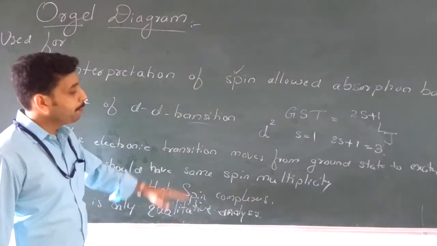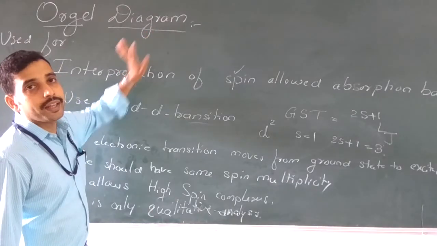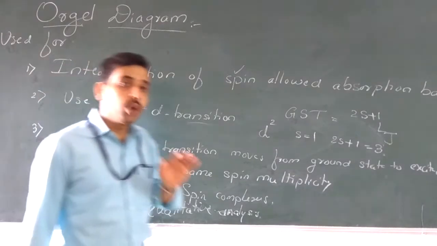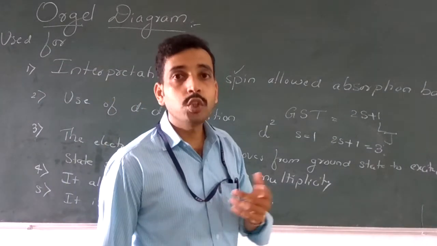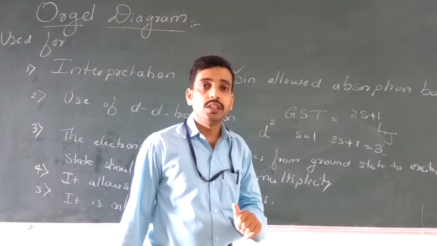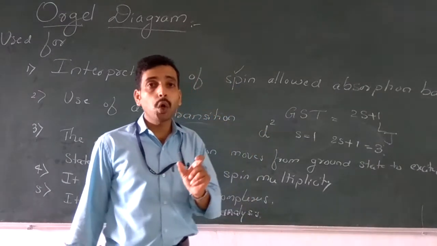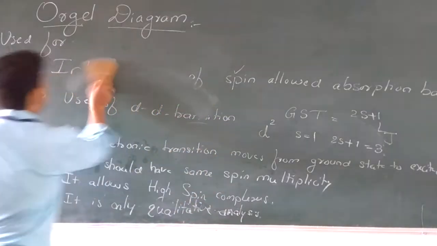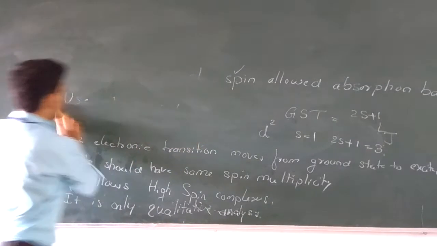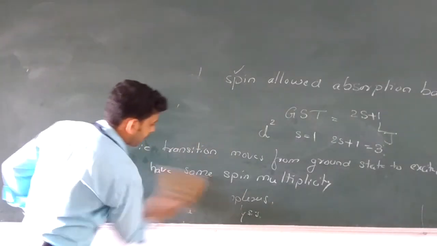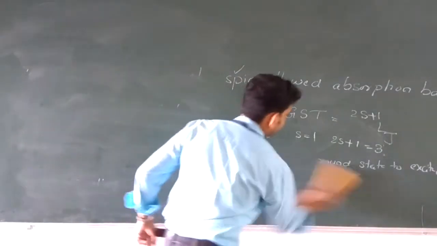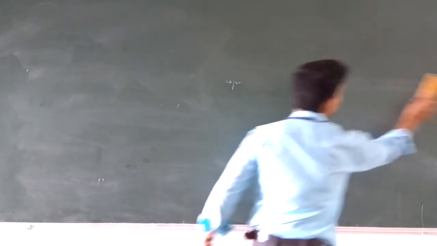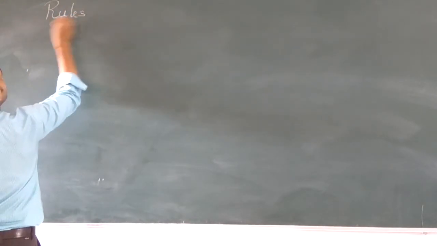These are the very important points in the Orgel diagram. Then how do we draw the Orgel diagram? Based on 6 rules, we can interpret or draw the Orgel diagram for d1 to d9 systems. So one by one we can discuss the rules of the Orgel diagram. The first rule: